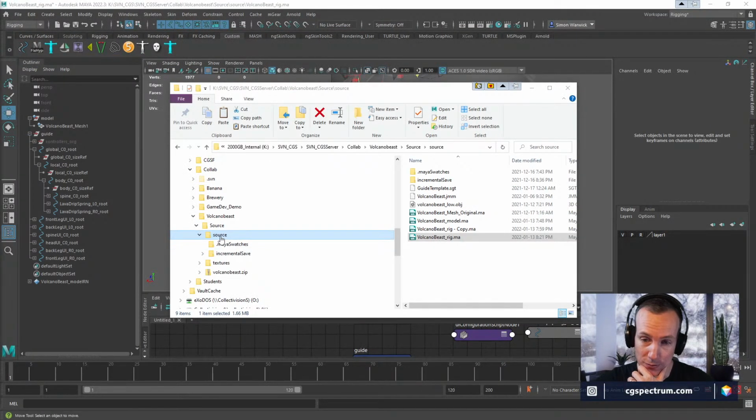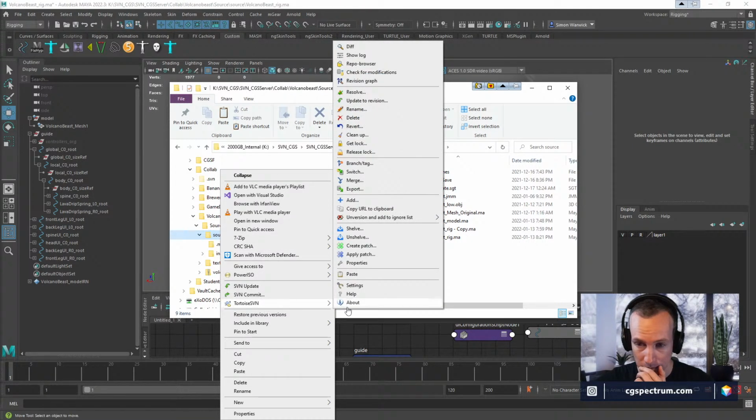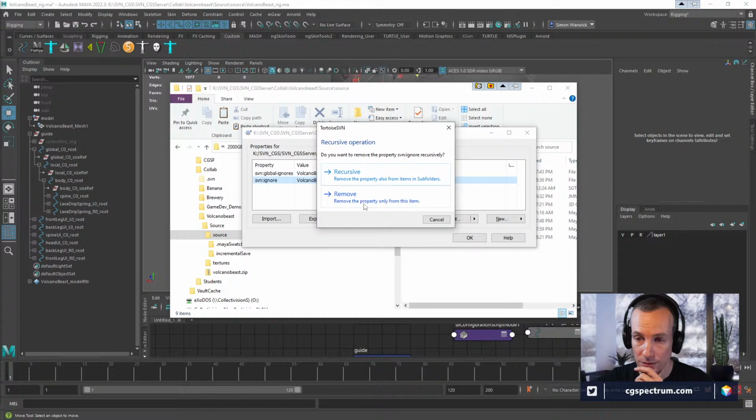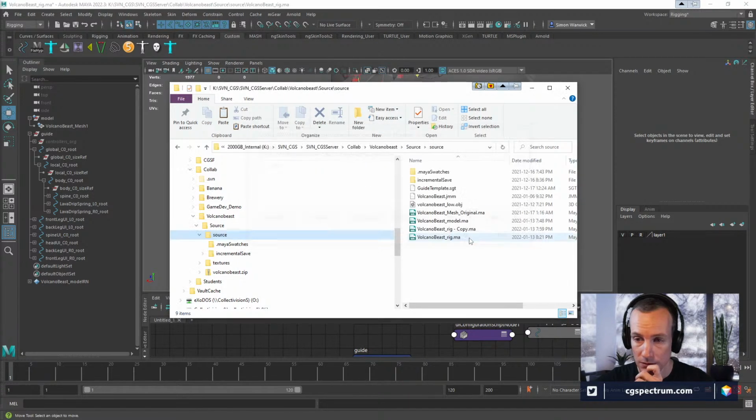You're saying I can just right click on the folder? Properties. There it is. Remove. Okay.